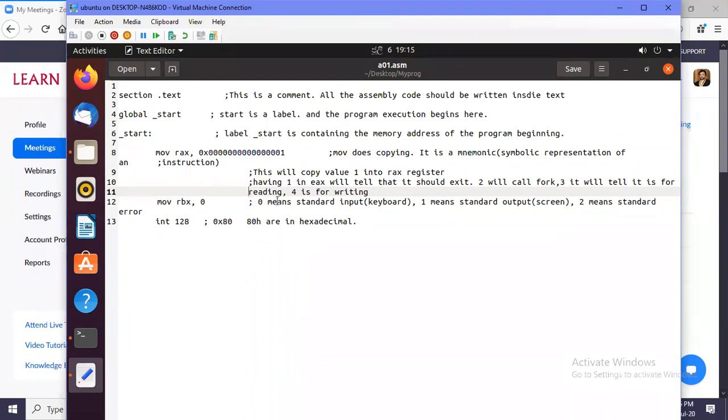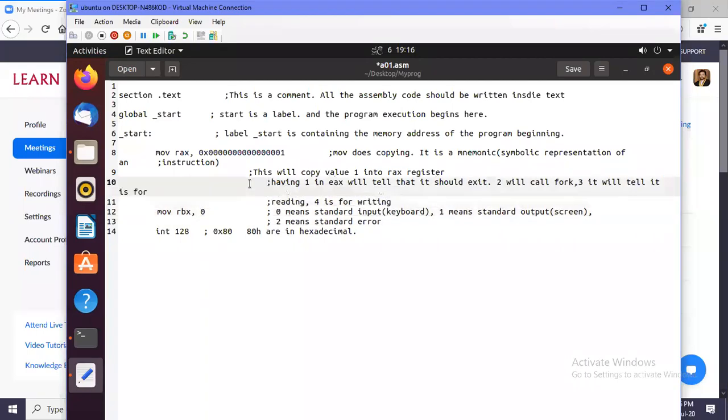So if your comment is going onto the other line, just insert a semicolon in front of that line so that it will also be identified as a comment. So here also, we'll get this down to the bottom and insert it as a comment. I'll just tabulate this line by line so you can easily identify comments.